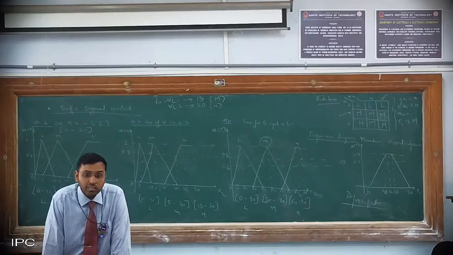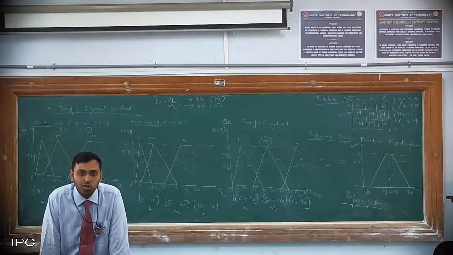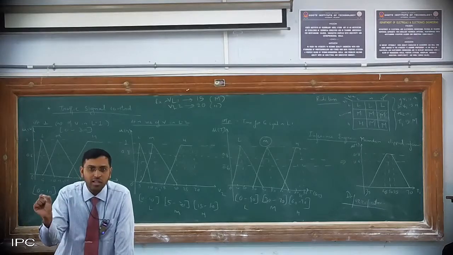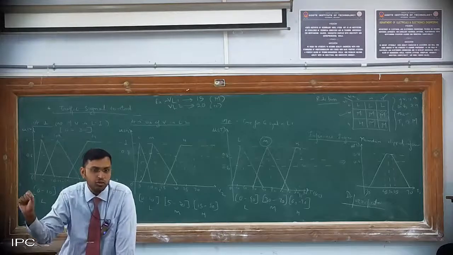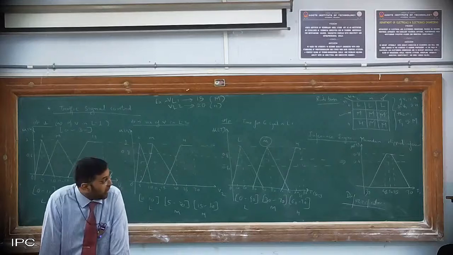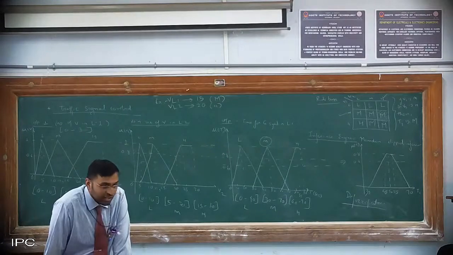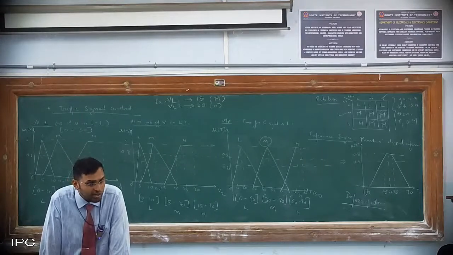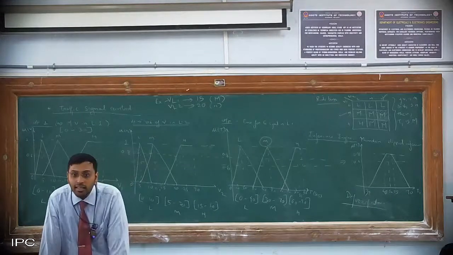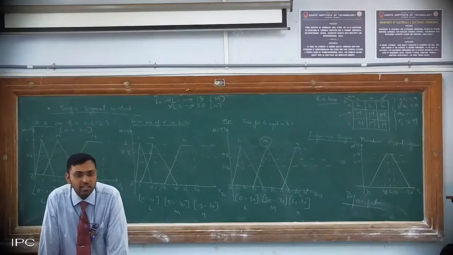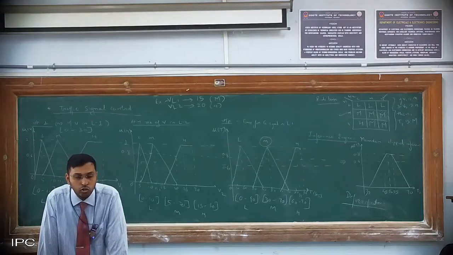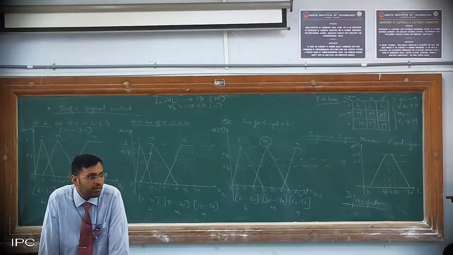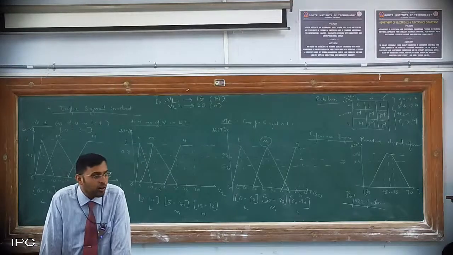Now, what is the crisp output? The final will be the crisp output. What is the crisp output? 50 seconds. So you should not only write the answer as 50 seconds. The statement has to be there that if the number of vehicles in lane 1 is 15 and the number of vehicles in lane 2 is 20, then the time required for green signal in lane 1 should be 50 seconds. Clear everybody?